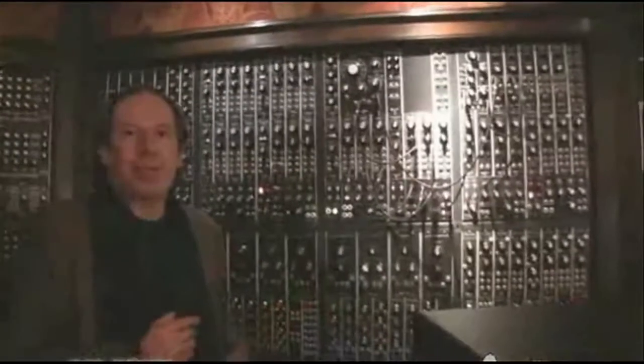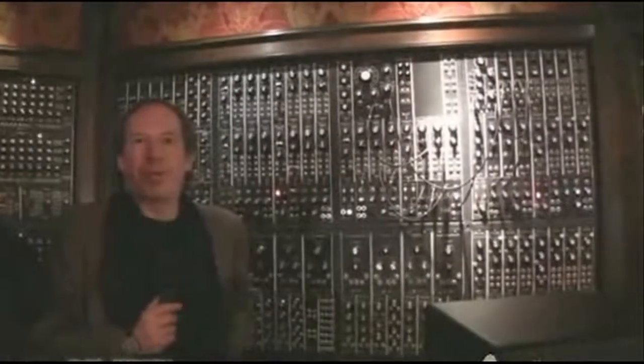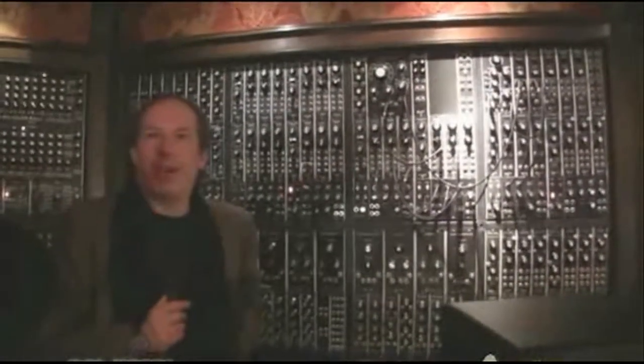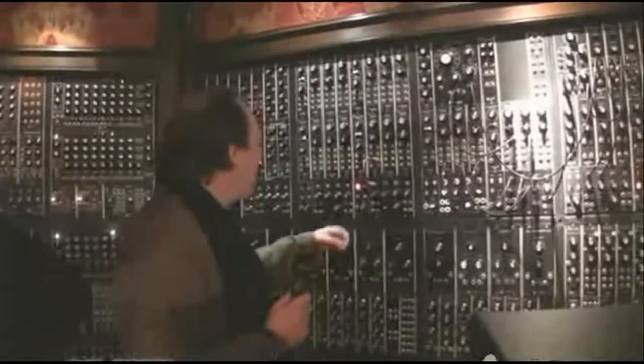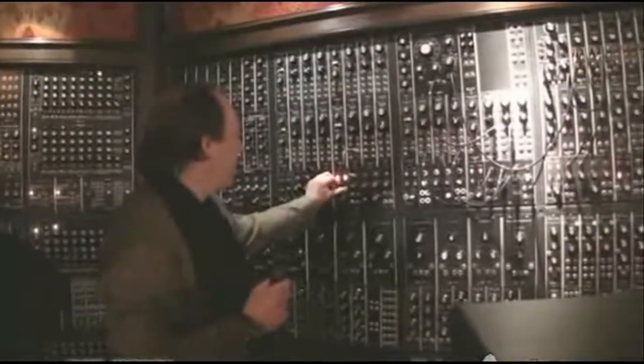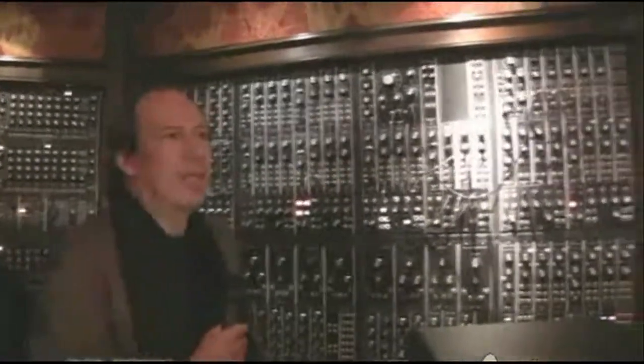But I grew up with technology. All musical instruments are technology, really. It doesn't matter if it's a bit of wood that somebody carved into a violin and killed a cat to stick strings on. It's all technology. It's just, I happen to be born around a time when this sort of stuff came in, and I